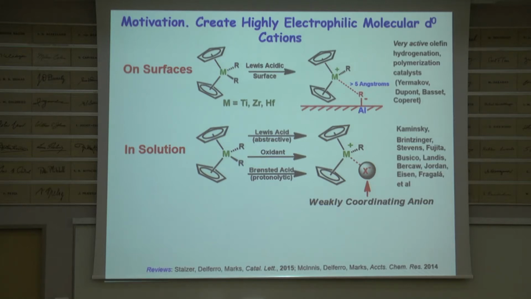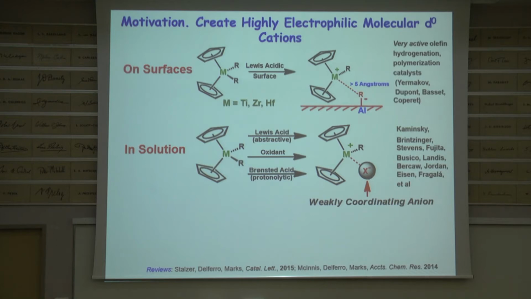And aha, we said, and at the same time, we were pursuing the idea of simulating the alumina surface with very strongly Lewis acidic sites with solution phase Lewis acids, and I'll talk about that. But the net result is, suddenly the petrochemical industry saw a completely different way to make polyolefins. We'll see why that's important in just a minute. And the picture that began to emerge is something like this.